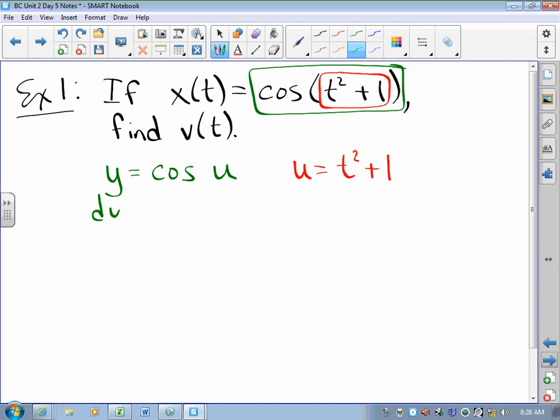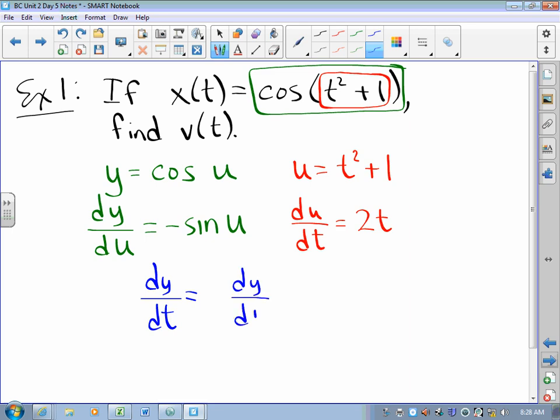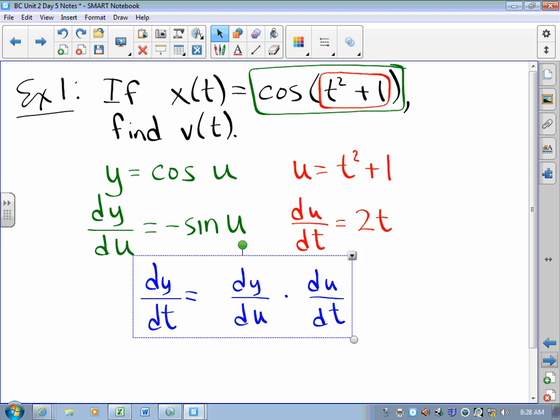So I ask myself, what is the derivative of y with respect to u? Well, the derivative of y with respect to u is negative sine u. The derivative of cosine of whatever with respect to whatever is negative sine whatever. And then what's the derivative of u with respect to t? Well, that's just the derivative of t squared plus 1, and that's 2t. So when I go to put them together, the derivative of y with respect to t is the derivative of y with respect to u times the derivative of u with respect to t,